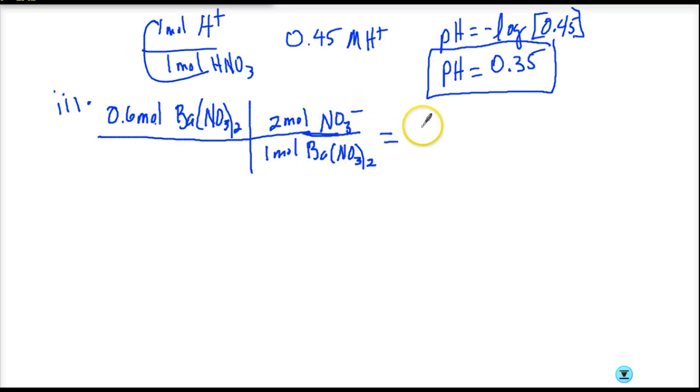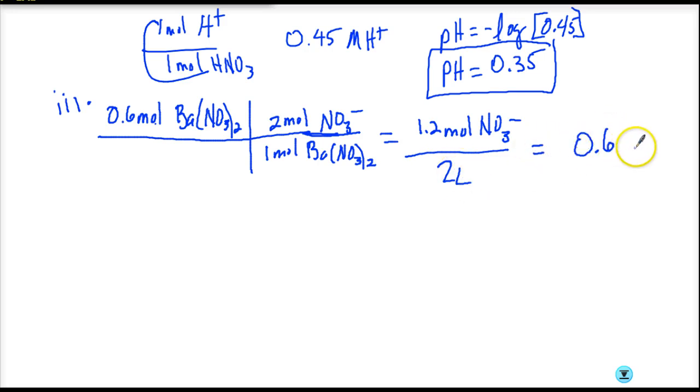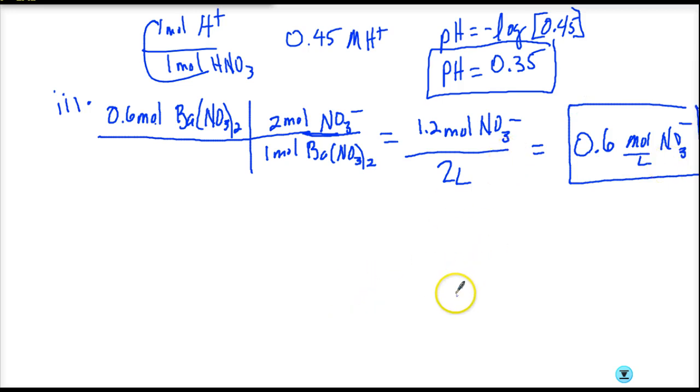So that's going to give us 1.2 moles of NO3 minus in 2 liters of solution. So the concentration in moles per liter is 0.60 moles per liter NO3 minus. Whew. Okay, took an hour to do that problem, but I hope that you learned a new skill in that,